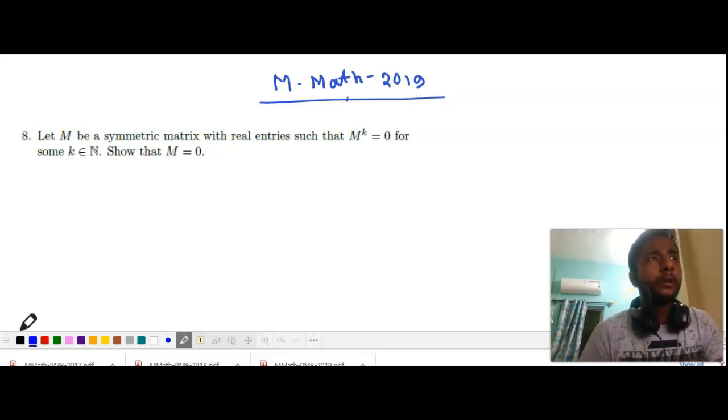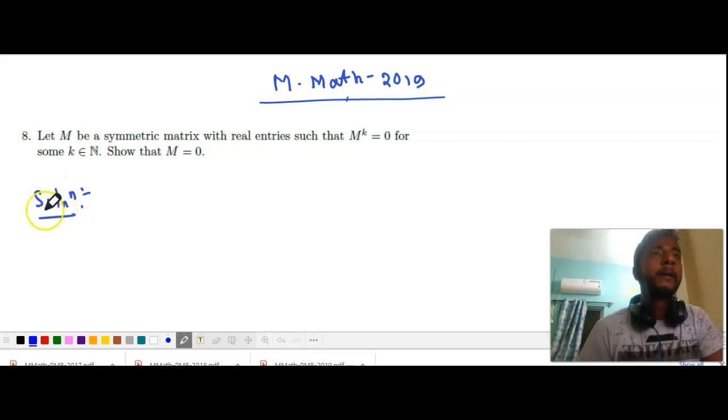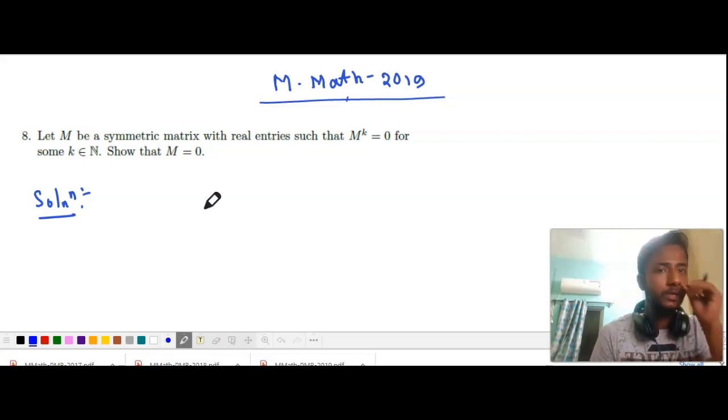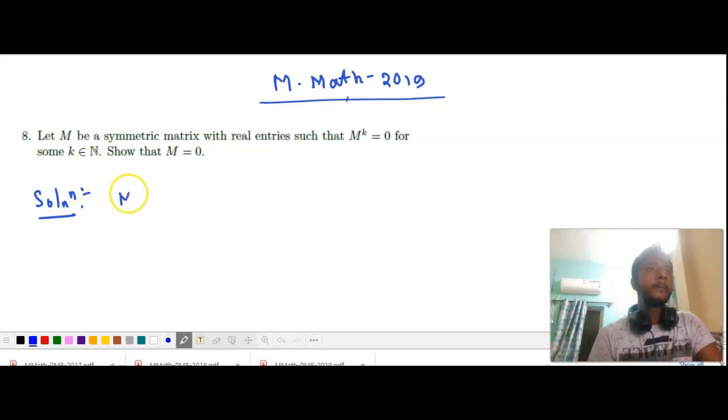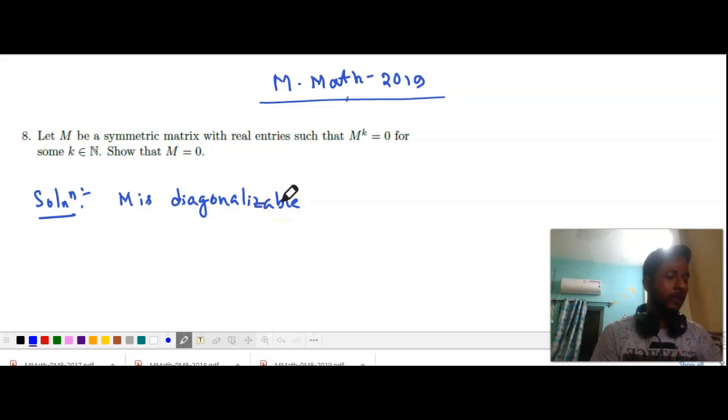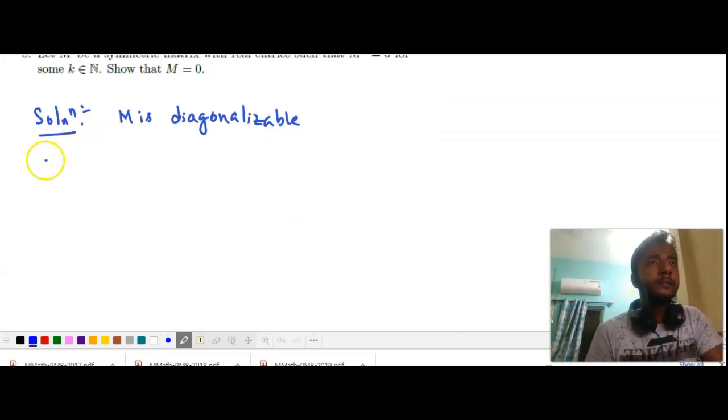So the question says M is a real symmetric matrix such that M to the power k equals 0. Now let's start the solution. Given that M is a real symmetric matrix, what do we know about symmetric matrices? We know that a matrix is real symmetric if and only if it is orthogonally diagonalizable, right? So M is diagonalizable. So there exists a non-singular matrix